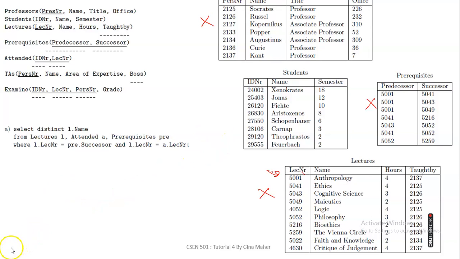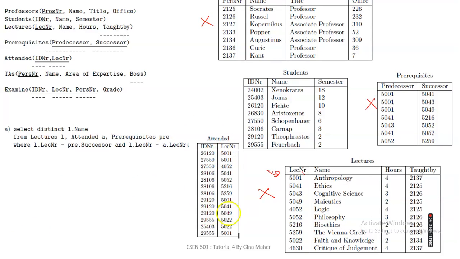Let's check this. So now we have table attendant. We want to check the name, and we are going to join lectures, which is here, with attendant and prerequisite, where the lecture number is equal to the lecture number and equals the pre.successor. So we want to get the common lecture numbers and successor here, which is